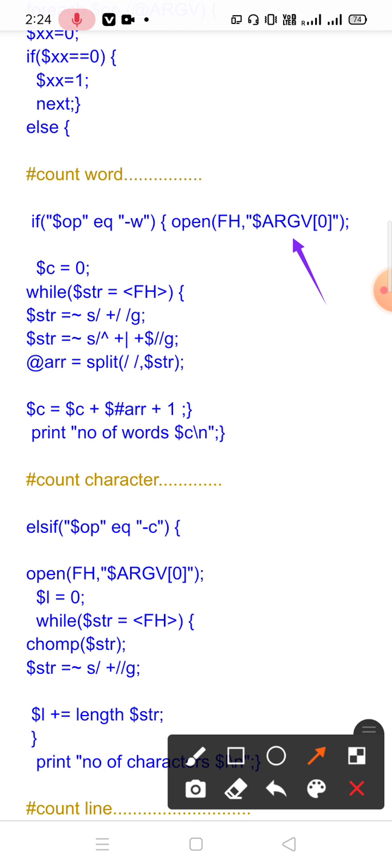This is our file name. So we'll open our file just for reading purpose. I am not using any greater than, less than or plus symbol. It is only for reading purpose.